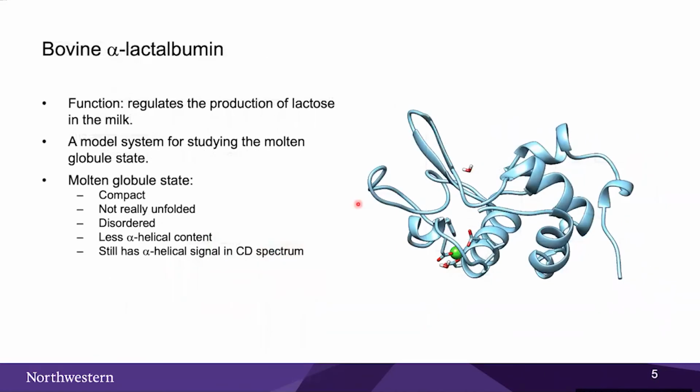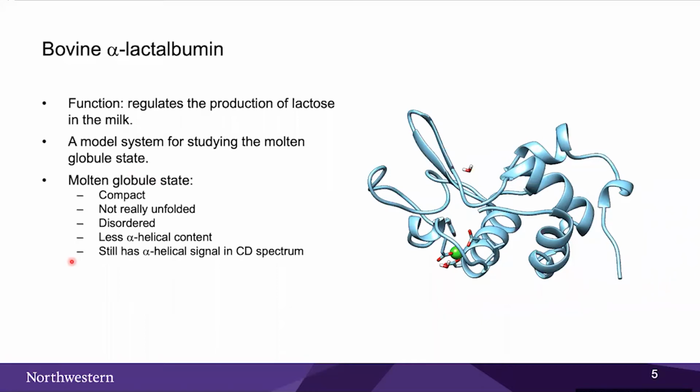Okay. And I want to first introduce the model system we use. This is bovine alpha-lactalbumin. It's a pretty small molecule or protein, if you wish. Its main function is actually to regulate the production of lactose, in this case cow milk, but it works equally in the human body. The function itself is not of interest, but the fact that it can assume a molten globular state. People have been actually studying the molten globular state of this protein for quite a while. They have a lot of descriptions associated with that.